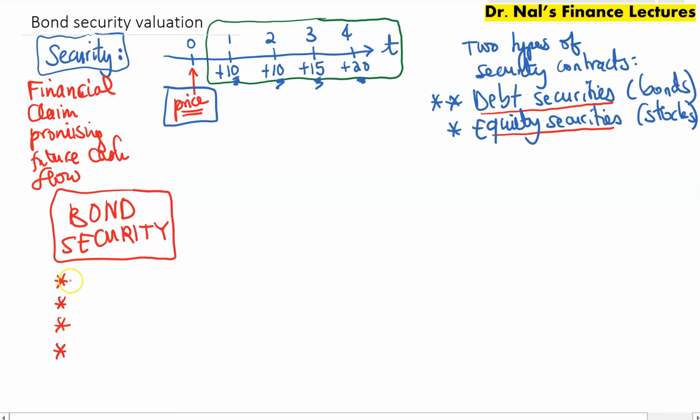So the features will be, first of all, like we said earlier, they are debt securities. So the type of the contract is a debt security contract. So in a sense, you are a creditor. So the bondholder, the investor or the creditor which purchases the bond security from the company is purchasing a debt contract. That contract means the investor, the bondholder, has priority in terms of payments.